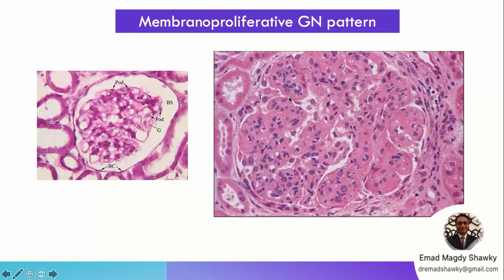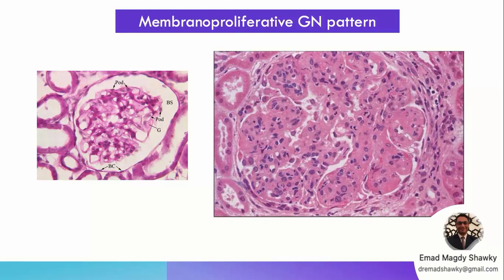Those multiple nuclei are inflammatory cells plus increased mesangial cells plus increased mesangial matrix. So I hardly see any open capillary space. So sure, this patient will be presented with decreased urine output, elevated kidney functions, and hypertension, and RBCs cause hematuria,